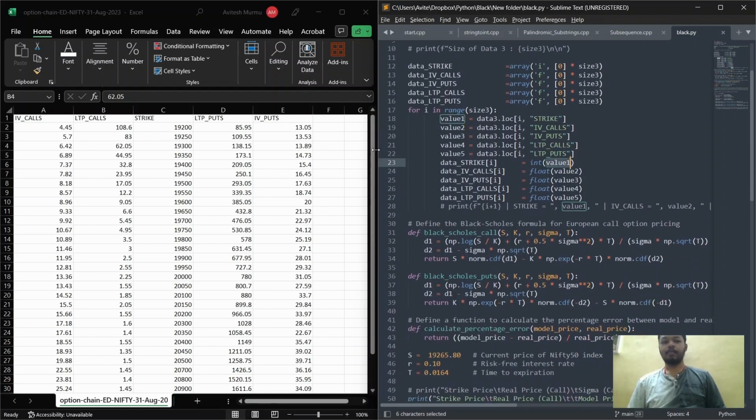Since value 1 is actually a string, we need to first convert it into integer, and we will store that into data strike. Similarly, we will do that for iv call, iv put, ltp call, ltp put.